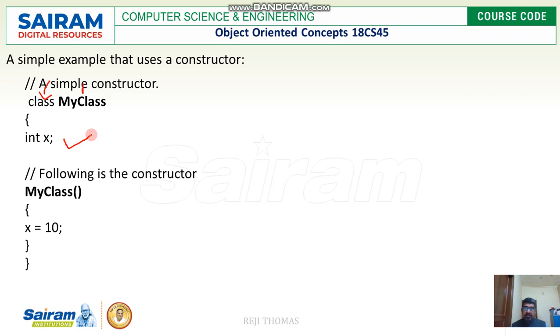Now look at the next statement. This MyClass is going to be the constructor. It has got the same name as your class name and does not have any return type, and normally it looks like a method in the class. This is your outer class which starts and ends here. Inside this is the data member and this is the constructor, which looks like a method but does not return any value, and it has the same name as your class, right? Here we initialize the value for x. What is x? x gets a value of 10. This is what my constructor does.